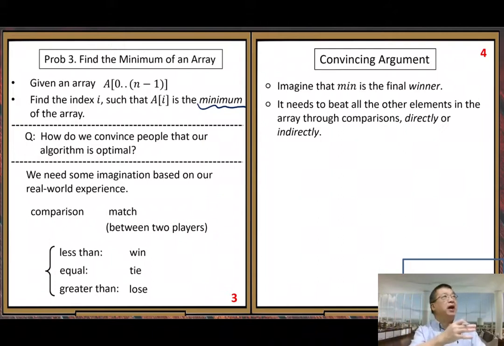directly or indirectly. Why do people call this one the winner, right? You're supposed to beat all the other players, right? Otherwise, how can people agree that this one is the winner? So the second statement tells us a general result, a general fact, right? But here, the special